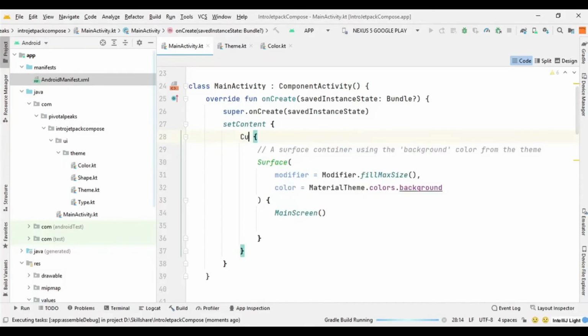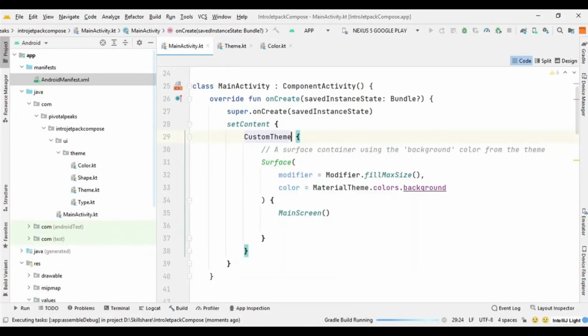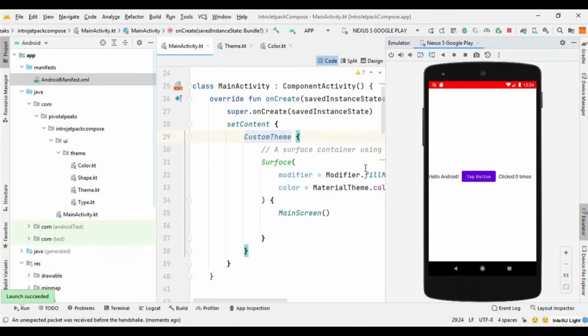So I will say custom theme. So as you can see, we are able to change our status bar color, but we are not able to change the button color. So let's see where we missed that.